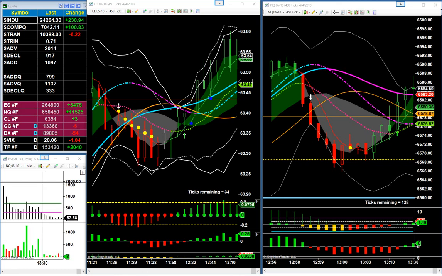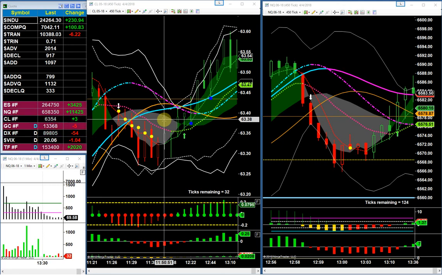On the crude oil, using Boomerang, which is shown right here, we have an average of 90% winning trades. Today there were 5 winning trades. The previous day there were also 5 winning trades, all winners. And on the previous day, there were just 3. So every day is a little different in the markets. But that's our services in a nutshell.